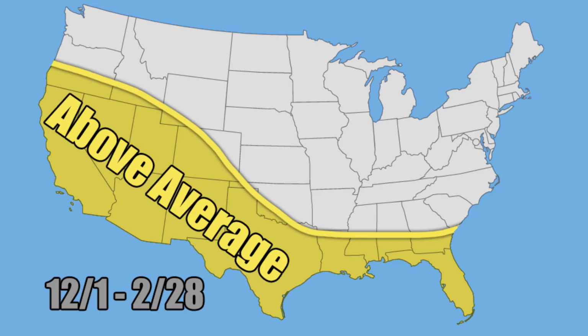So here is your temperature anomaly forecast. Now something I want to note, this is going to be a forecast that's going from December 1st to the last day of February, which this year happens to be February 28th. So this does not include some forecasts you'll see will actually go all the way until March 22nd. That's because they're using